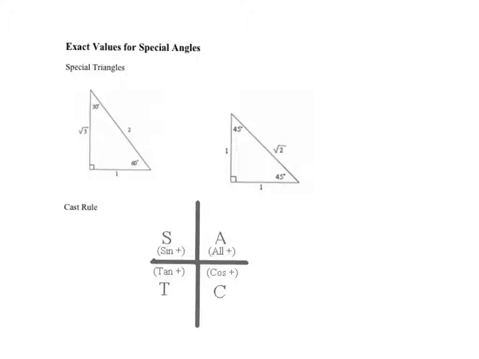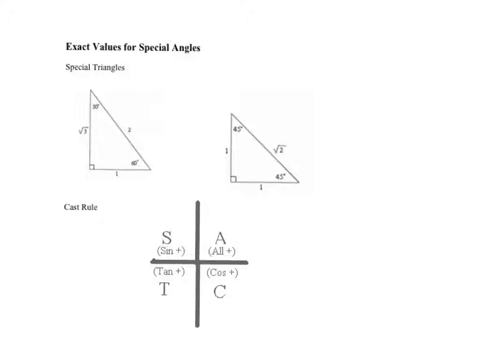This is some other information that you need to know. So the special triangles are going to be useful for finding trig ratios of special angles, which are angles that are multiples of pi over 6, pi over 3, or pi over 4. The CAST rule as well is one that's good to memorize. The